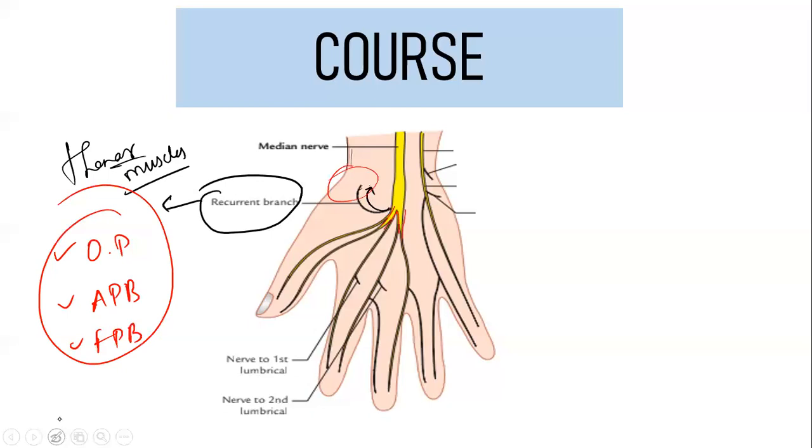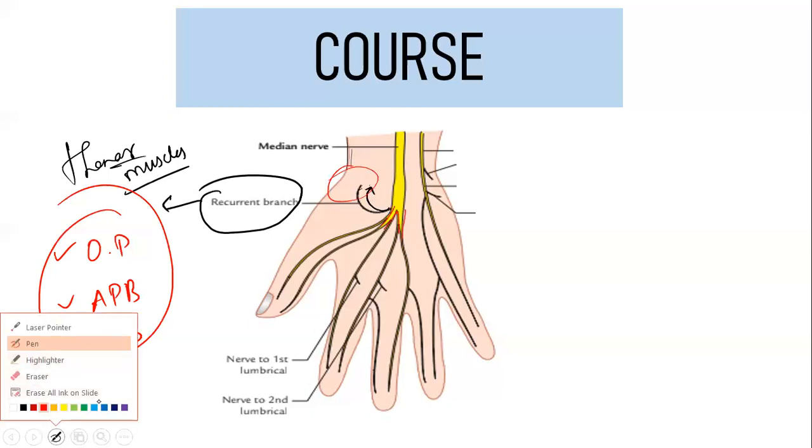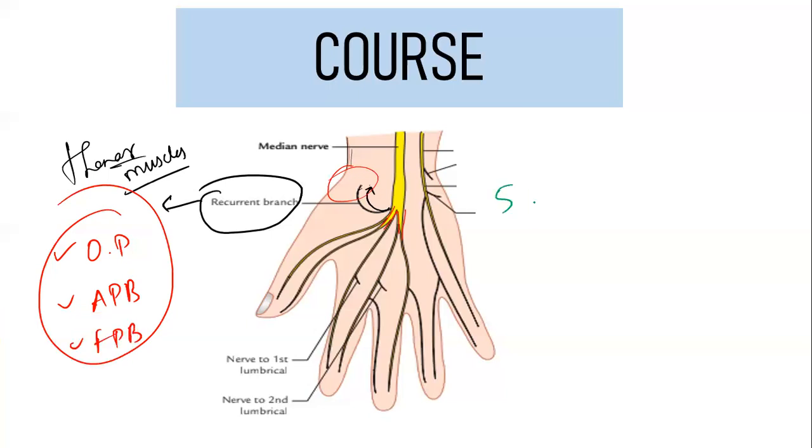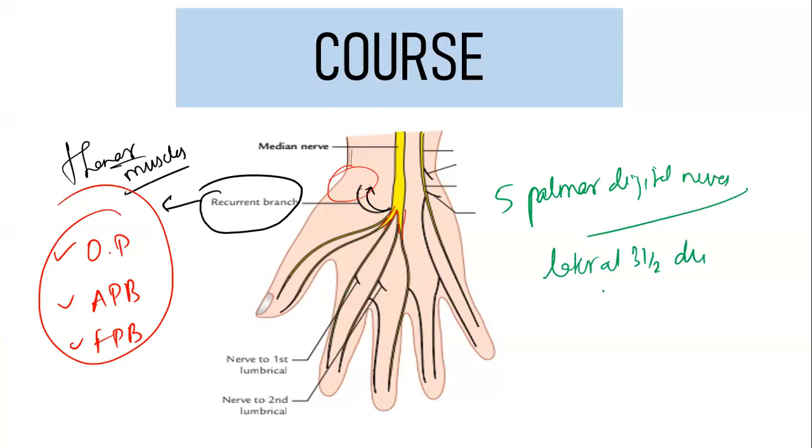Altogether, you have got 5 palmar digital nerves, and these 5 palmar digital nerves are going to supply the lateral 3.5 digits of the palm,